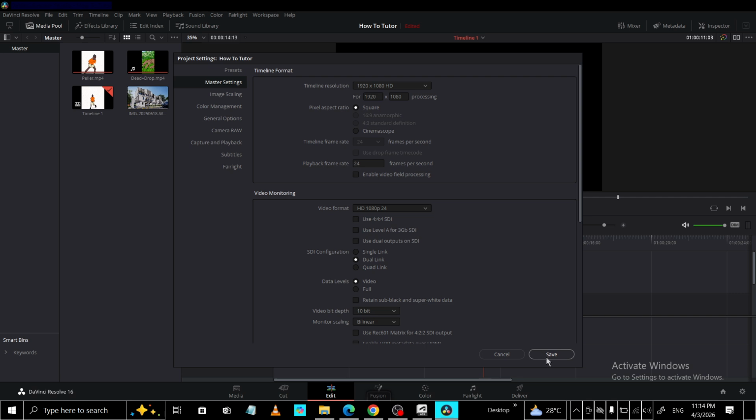Before you close the project settings window, double check that the resolution still reads 1920 by 816 or the specific widescreen value you chose. Then click OK or Save to confirm. From this point on, you can edit as normal, add your cuts,